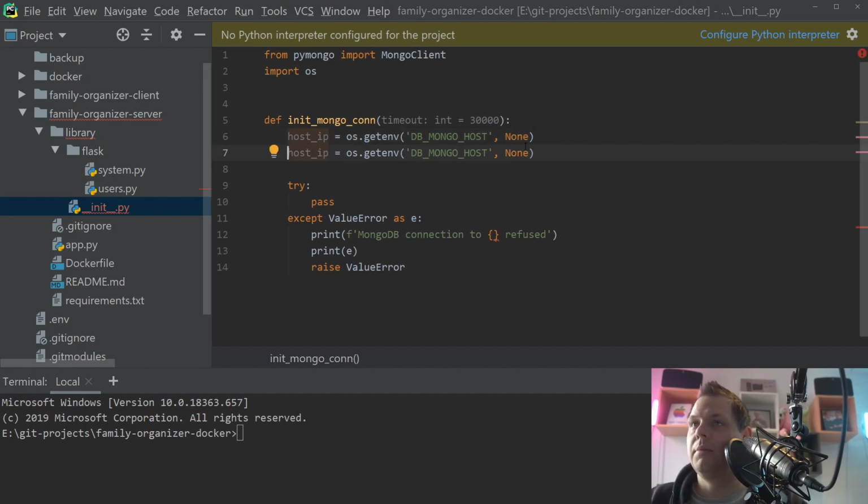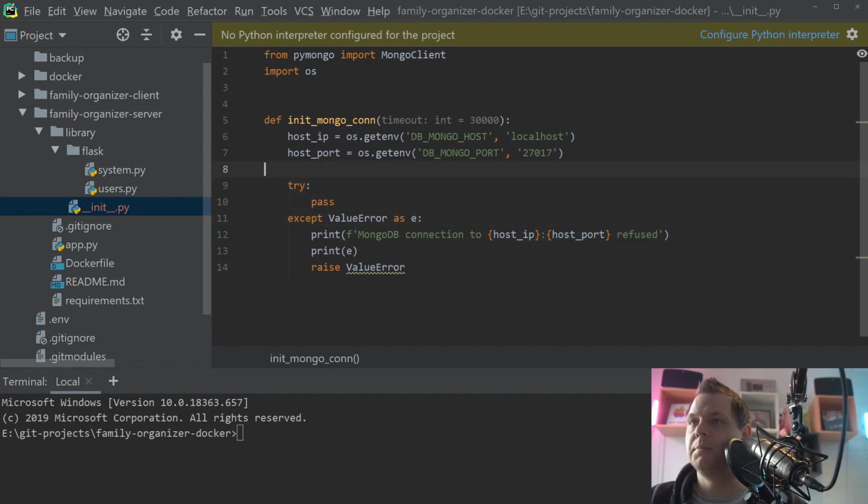And then we need the port number, let's say it should fall back to localhost. I think that's more clear. And then we need the port number, and then I will do this,